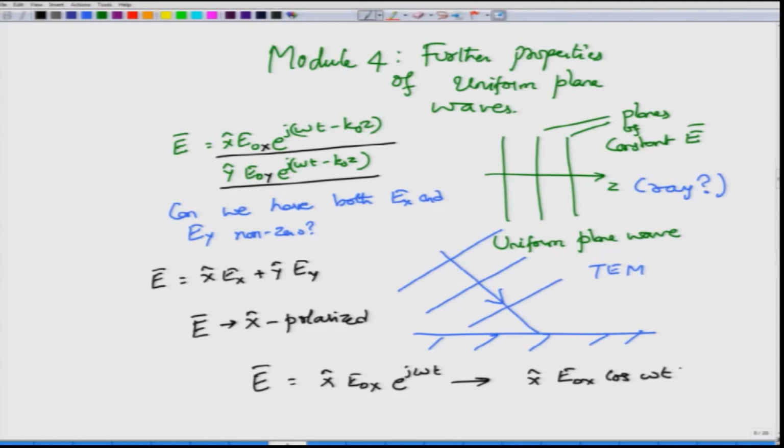Now, let me actually do something. I will write down two lines. This is the plane that I am considering, and the z axis would be coming out of this one, right. So, in the sense that I am actually looking towards the direction in which the wave is approaching me. So, the wave is approaching me and I am looking at this particular plane.